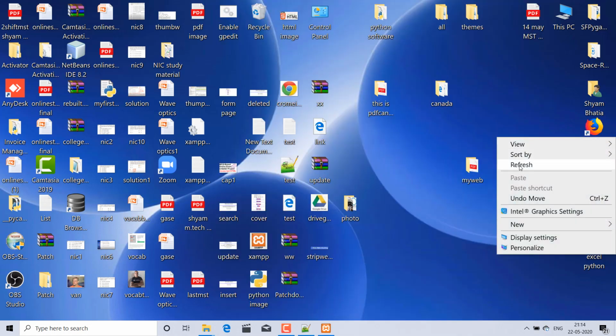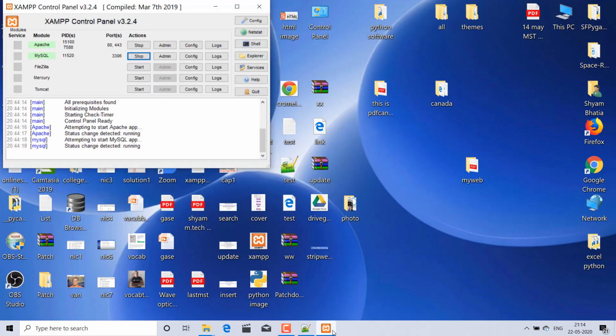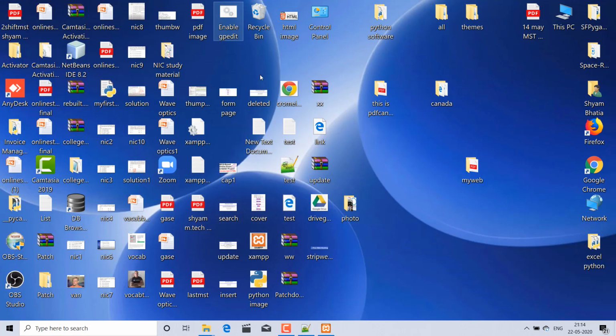Okay, let's start. First of all, you have to start your XAMPP control panel. These three are all stopped; here I start and it is on. How to download and install this XAMPP control panel, I will paste the link in the description box. For the download button there is no need for a server, but if you want to upload the file on the server, then you need this XAMPP server. Until then, if you are just downloading, there is no need.